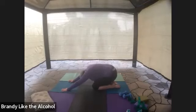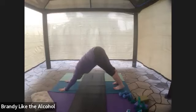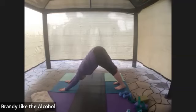From child's pose, arms stretched out in front of you, hips pinned to your heels. That's a good measurement for your downward facing dog. Bottoms up. Coming into that downward facing dog. Let's continue. From downward facing dog, rise up onto tippy toes, shift your body weight forward, pulling your front ribs,